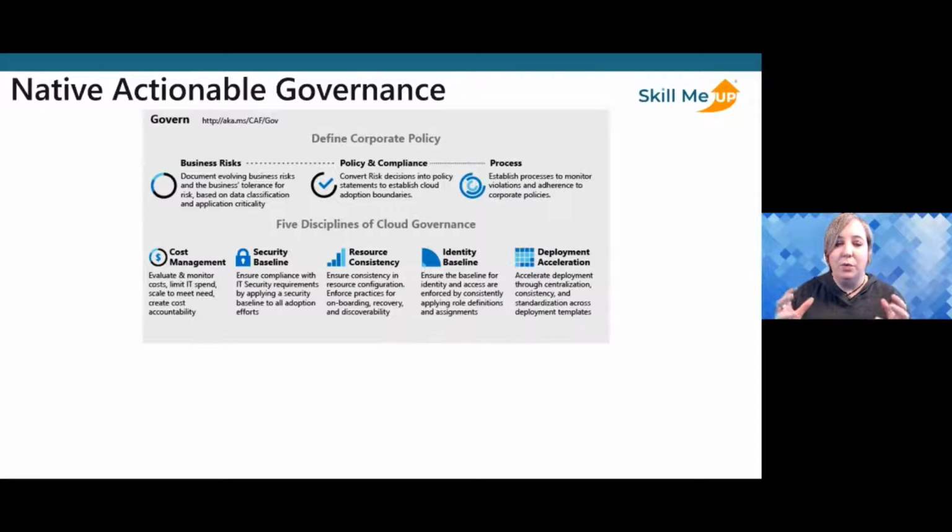So, we want to think about automating as much as possible out the gate so that we can think through what this environment will look like without having to reconfigure it each time, right? We want consistency, and these native tools start to help.